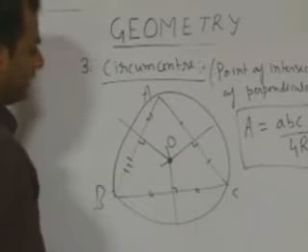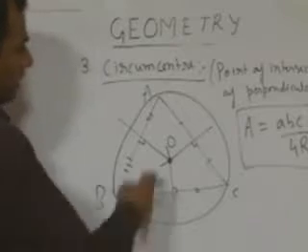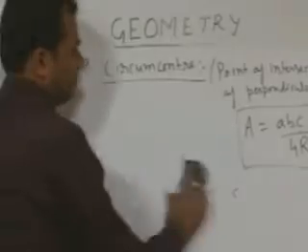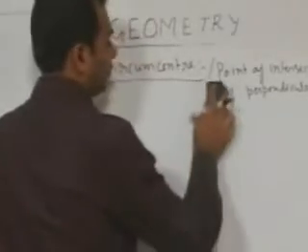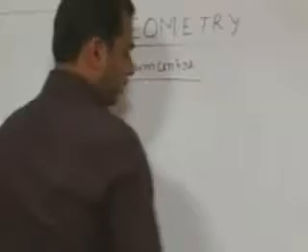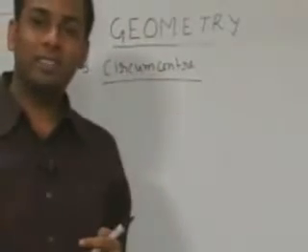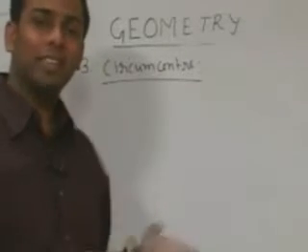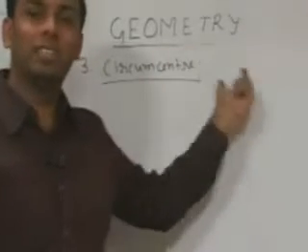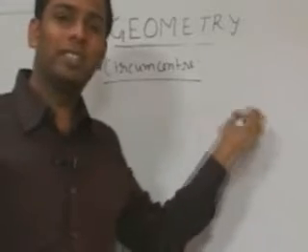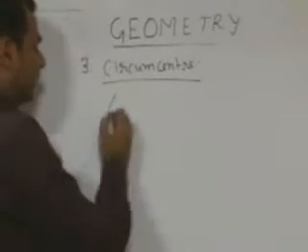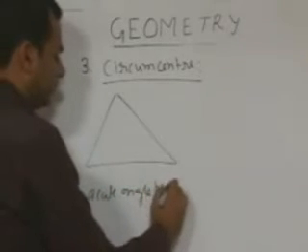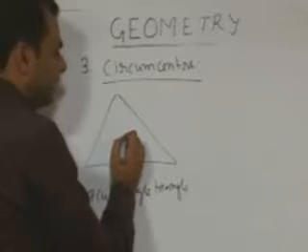Now the other thing related with this one, and one more thing: till now we have discussed centroid and incenter. Remember one thing, that the centroid and incenter always lie inside the triangle, but in case of circumcenter it can lie outside the triangle also. What are the three cases? Just see here. In case of acute angle triangle, the circumcenter will always lie inside the triangle.